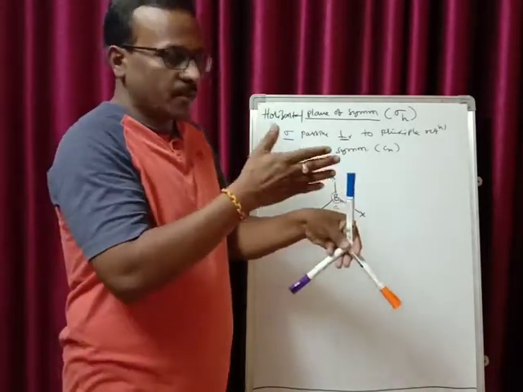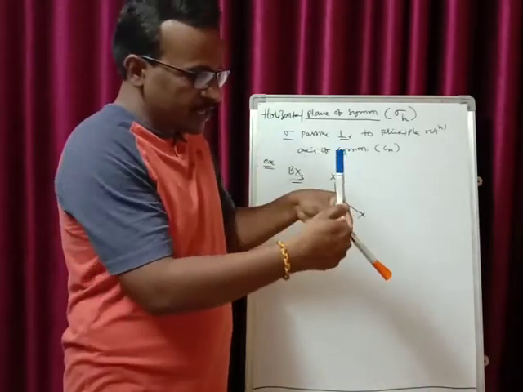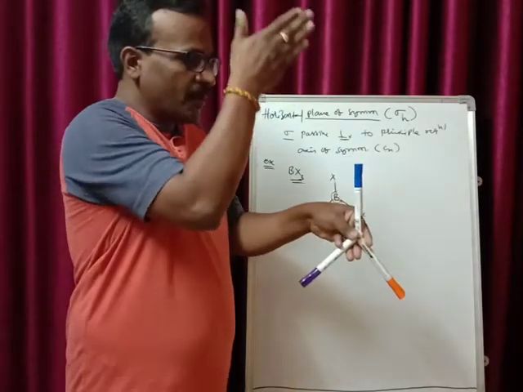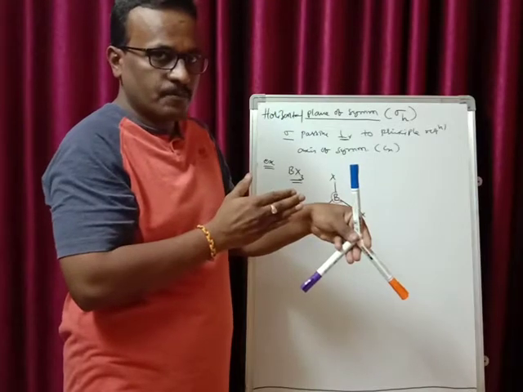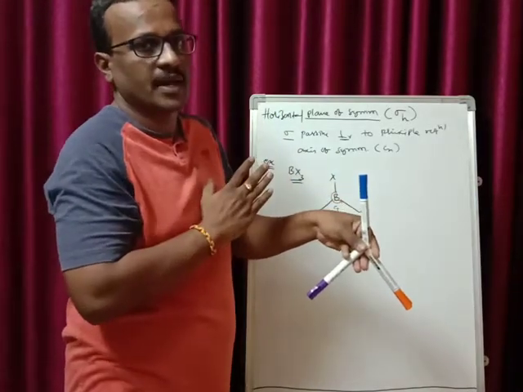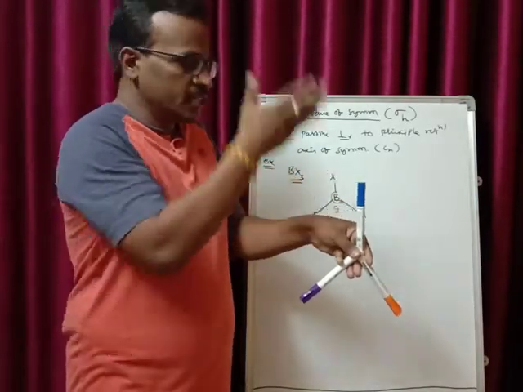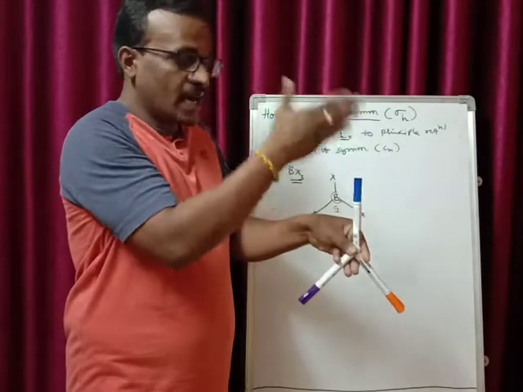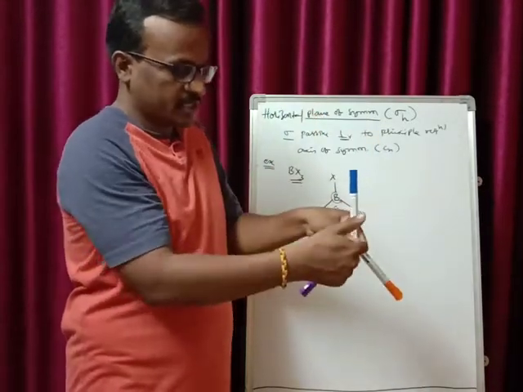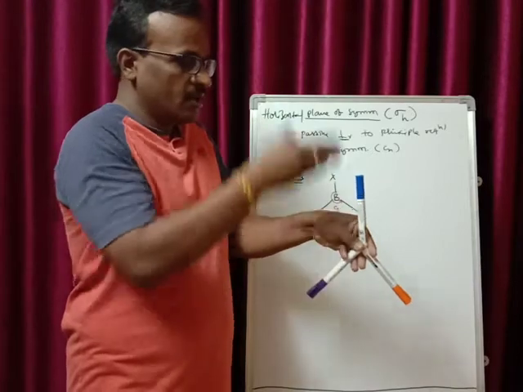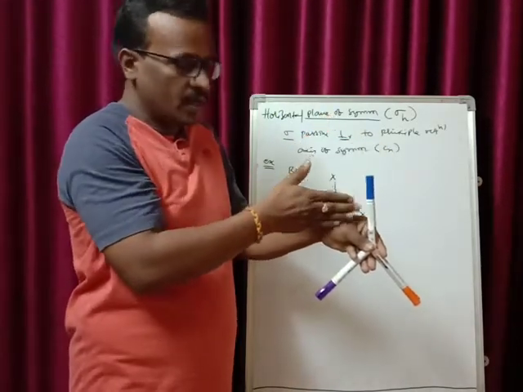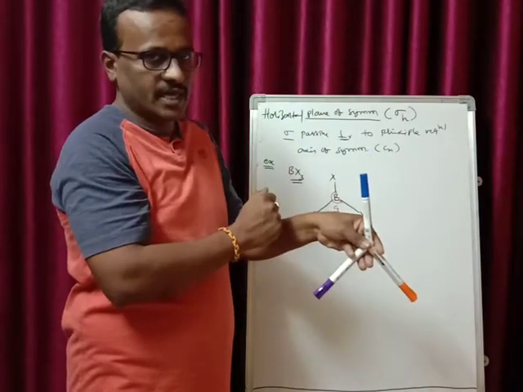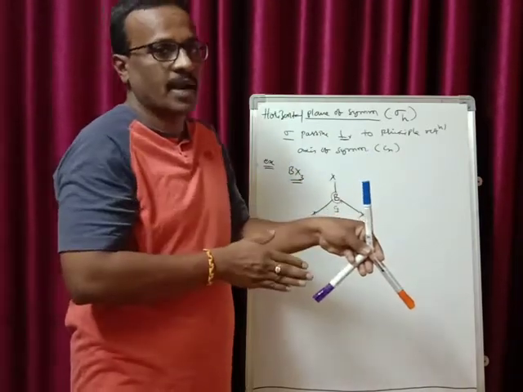If you look at this plane, the rotational axis of symmetry is along this axis. Your plane of symmetry is like this. That is, both are perpendicular to each other. Therefore this is called a horizontal plane of symmetry. Now if you look at this plane, which is running horizontal to the principal axis, you are cutting the molecule like this, or reflecting the molecule from the center like this. Now this is perpendicular to your principal rotational axis of symmetry. Therefore it is called a horizontal plane of symmetry.